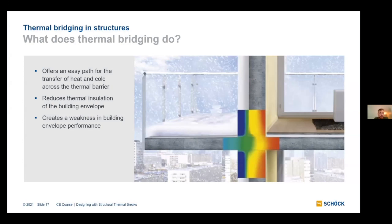It's effectively as simple as it sounds. It's a bridge, it's a conduit for thermal conductivity to occur. So it offers that easy path for the warmth and the cold to transfer through our conventional building materials. And as we know, steel and concrete are fantastic mediums for thermal conductivity. Obviously steel, but concrete is no slouch either. It's a fantastic conductor of thermal